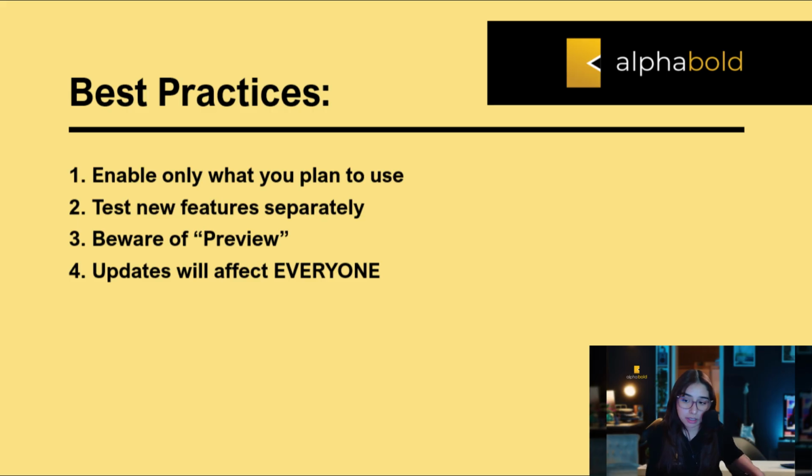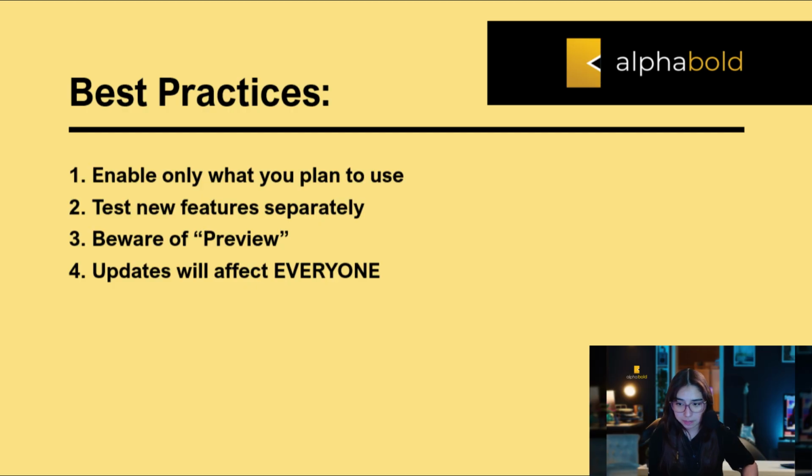Now, to finish off, I wanted to touch on a few best practices when working with these feature switches. First one being enable only what you plan to use. Not everything needs to be turned on. In fact, there are some features that you may want to keep off if you do not want your users abusing it or misusing it. Because again, any changes here will be made globally to everyone